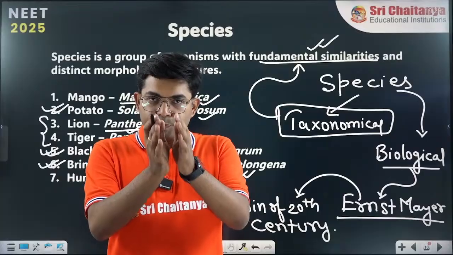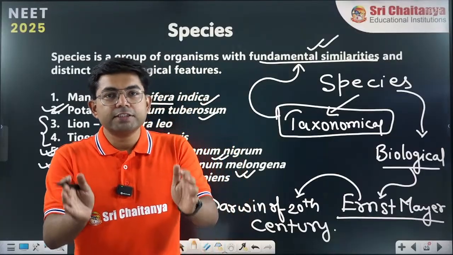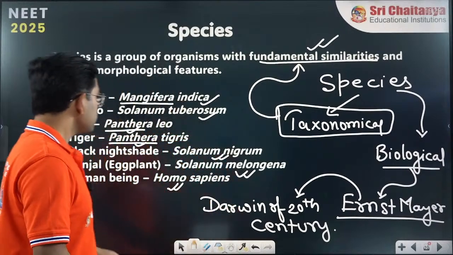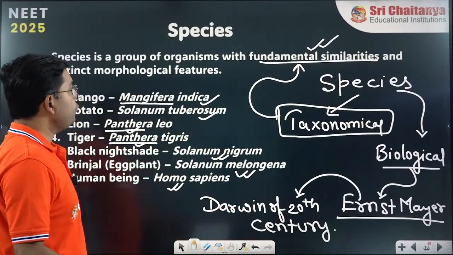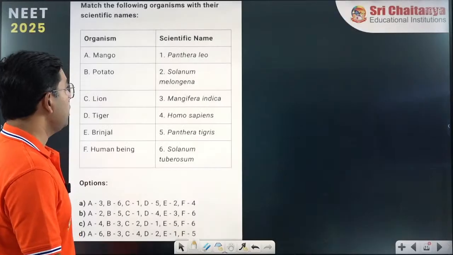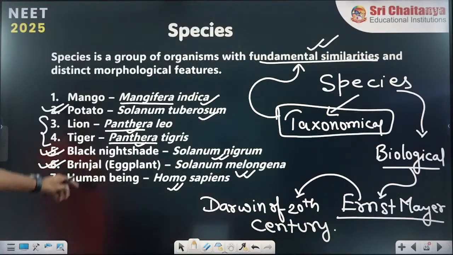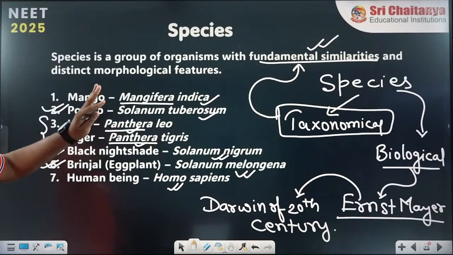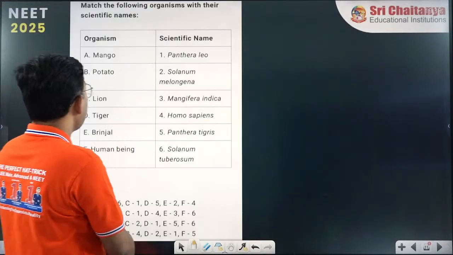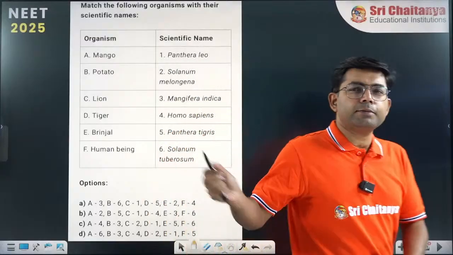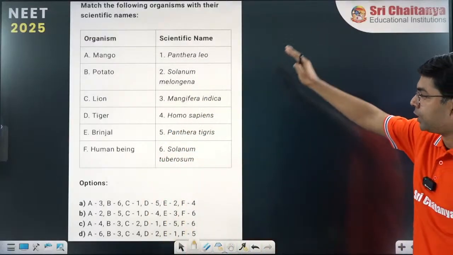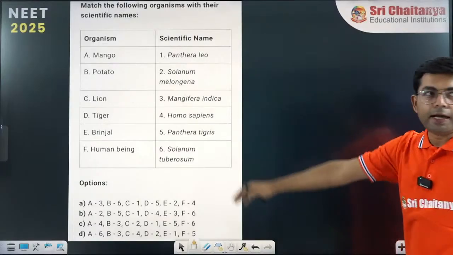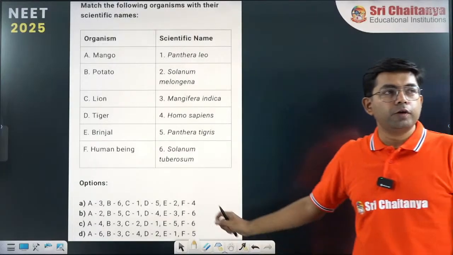So two different species can be part of the same genus. Now, on the basis of this nomenclature, again one question, so all of you answer this. Again a very simple question, similar to one I have asked in the past, so quickly answer it. I think most of you will answer it fast.